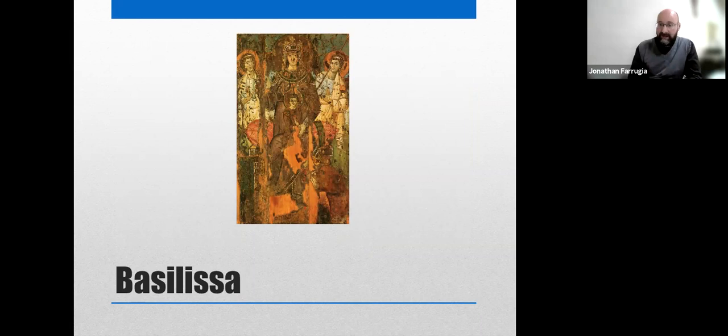And as you can see here, we have a particular image of this iconography. This is, in fact, the earliest known icon of this version of the Basilissa. And it is a wooden icon painted directly on wood, and it is also found in Santa Maria in Trastevere. So this goes also to prove the ancient roots of this church. As you can see, Mary is seated on a throne with Christ on her. This time, she has an imperial crown on her head, and with her hands, she seems to be either waving or blessing, or else holding something which unfortunately is lost due to the damage in the icon.